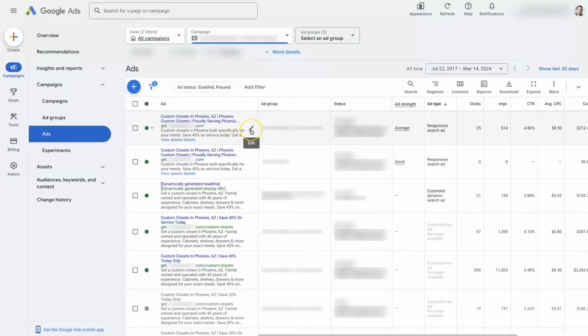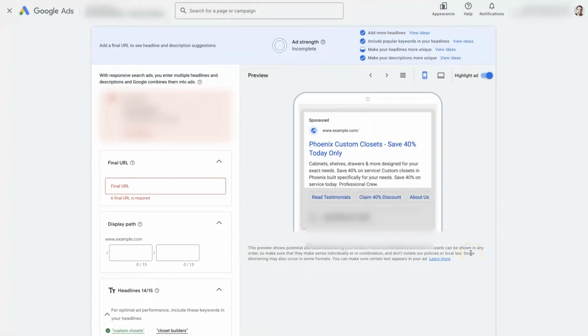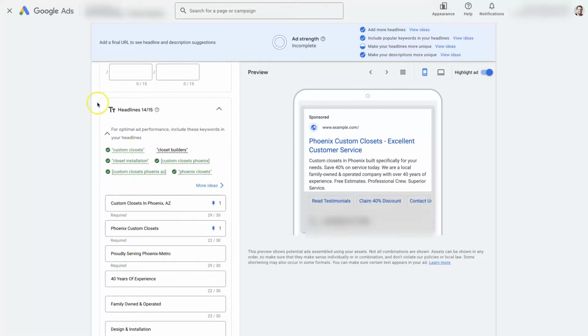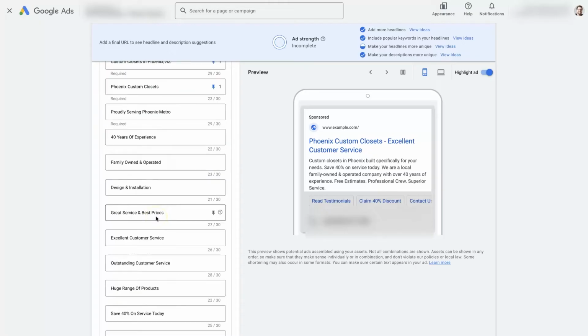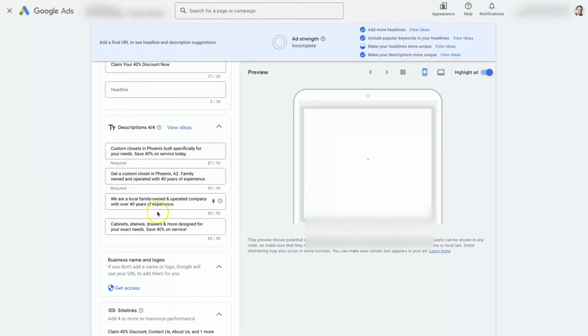But if you click on this little pen tool right here, that's going to pop open this window where you can edit a responsive search ad, which is the most common type of search ad that's used nowadays. And we'll skip past all this stuff up here. Of course, you have the headlines, which are really important, but I have another video that talks all about that,